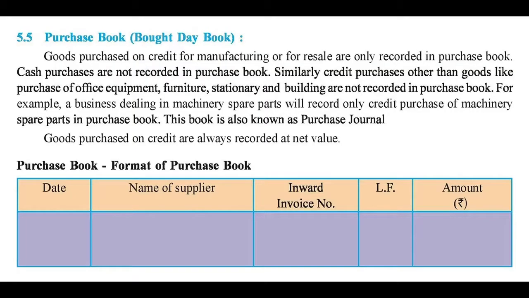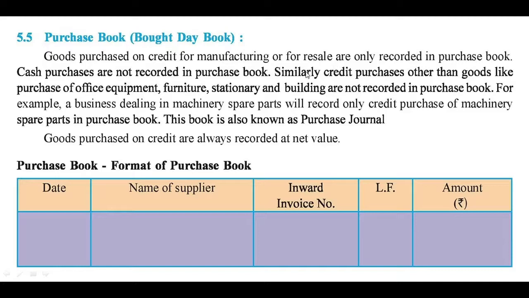Students, today we are going to learn about the subsidiary books. Subsidiary books are separate journals. So the first subsidiary book is the purchase book. It is also known as purchase journal. This book is maintained to record the transactions of goods purchased on credit, and these goods are purchased only for